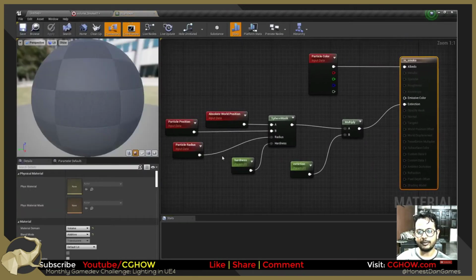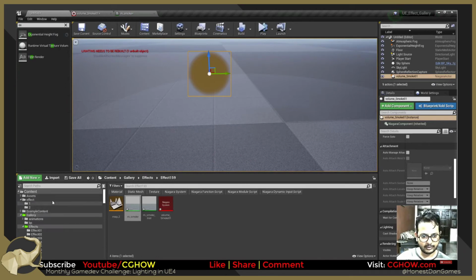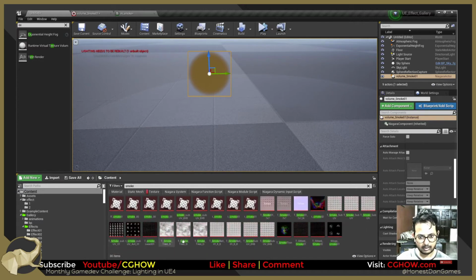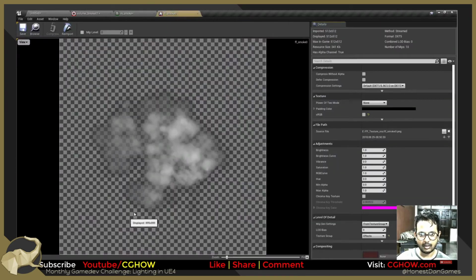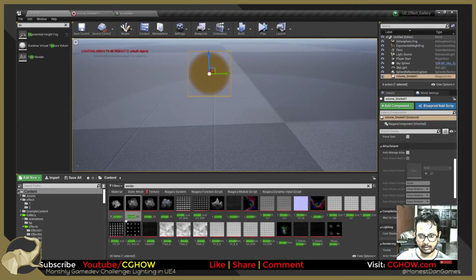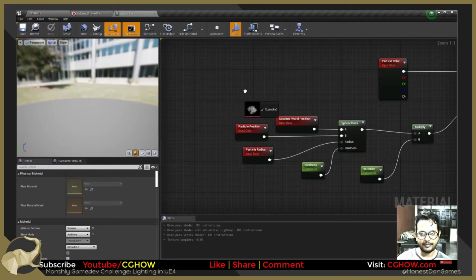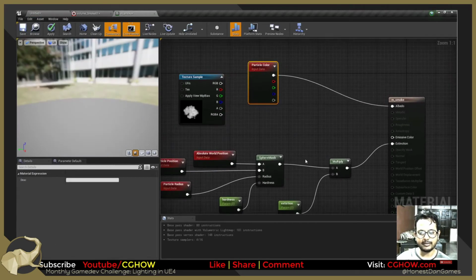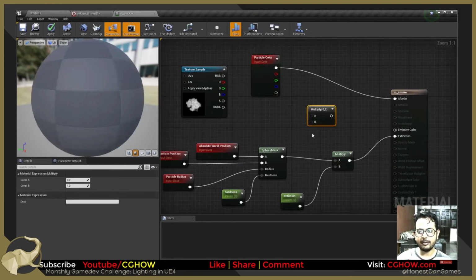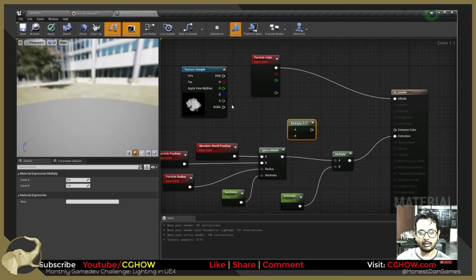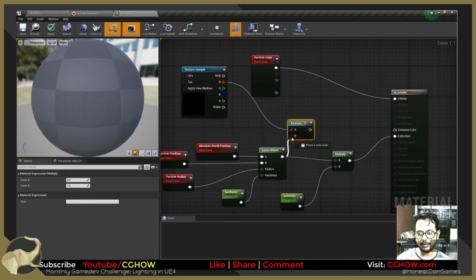If I open the master material and search for any texture in my gallery, let's type smoke, and I have this good looking smoke. I guess I will use this one, or maybe this one. I'll just use this one, drag it here, and you can directly multiply it with your color or your opacity, extinction. It has also alpha, you can take alpha, but if I take the red channel and multiply it here,